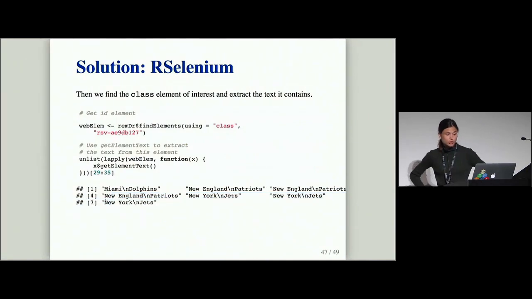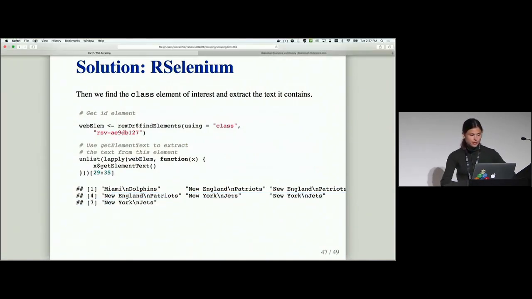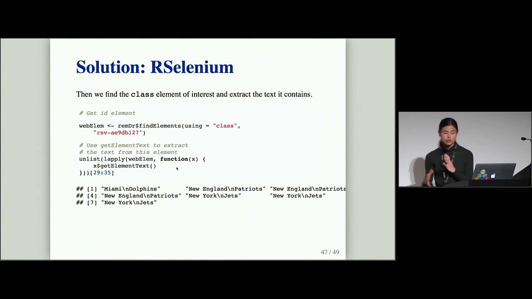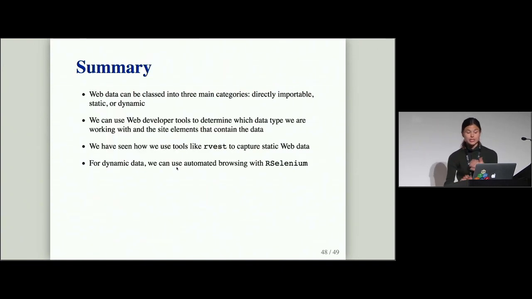Okay, so unfortunately I couldn't show the exact examples for the Selenium results, but I hope that you still get an idea of how to identify the difference between the static and dynamic data, and that we can look for dynamic data that has a backend that we can access through tools like the developer tools that are available with current browsers. And if that's not possible, we can fall back on some of these automated browsing facilities in R,